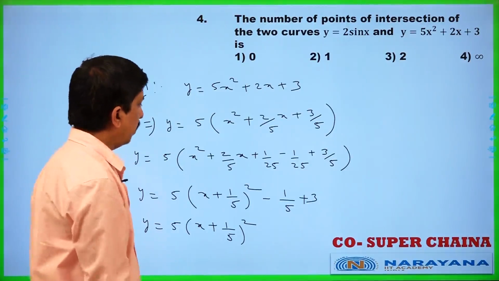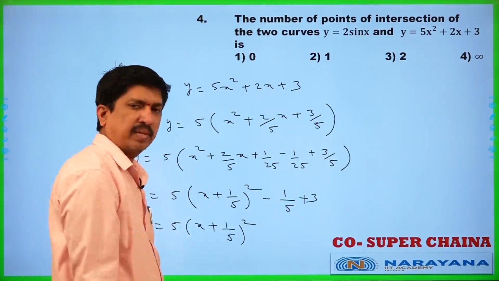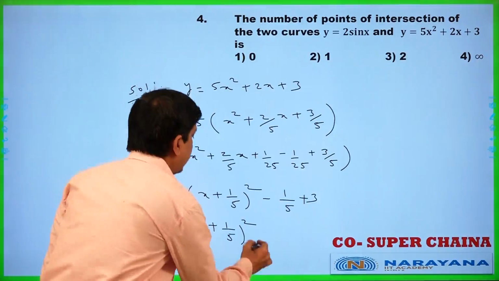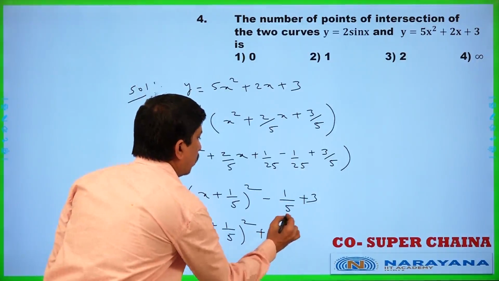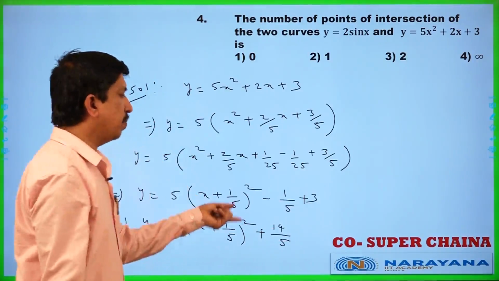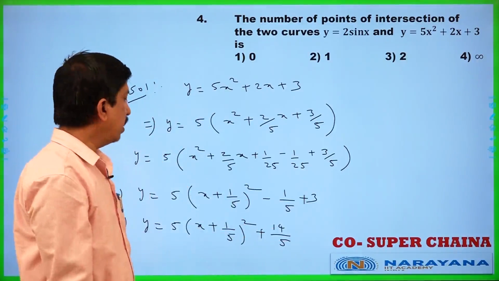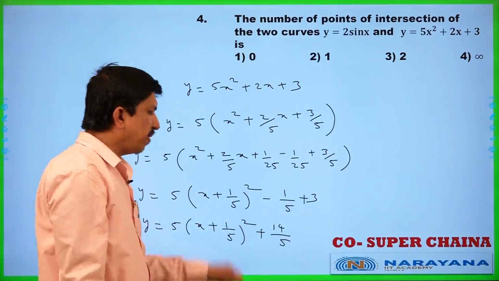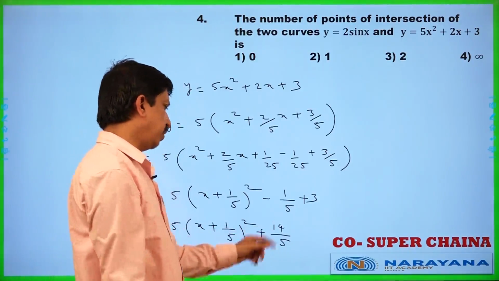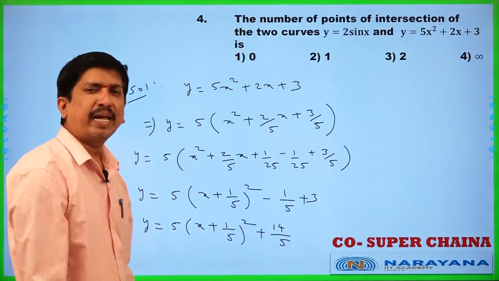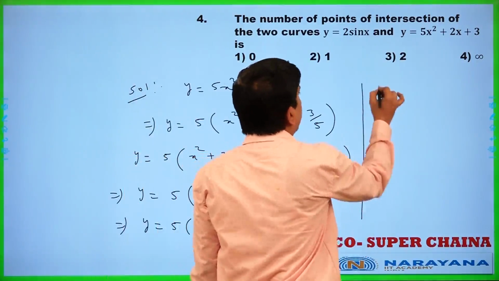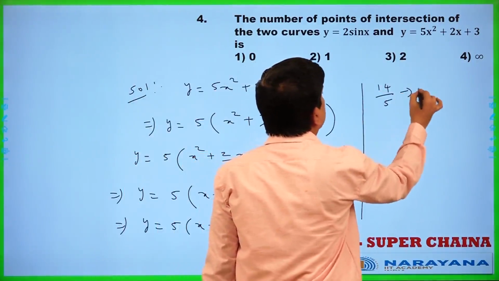So, what you will get? 15 minus 1. LCM is 5 only. Minus 1 plus 15, that is what you will get, plus 14 by 5. Why? Because minus 1 plus 15 will become 14 by 5. What is 14 by 5? Some 2 point, 5 2s are 10, 40, 2.8 you will get. Around 2.8, so 14 by 5 is nearly 2.8.